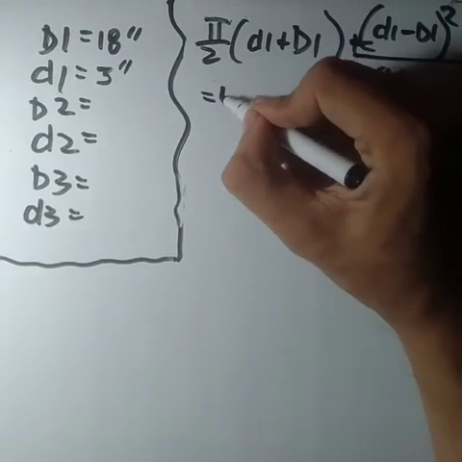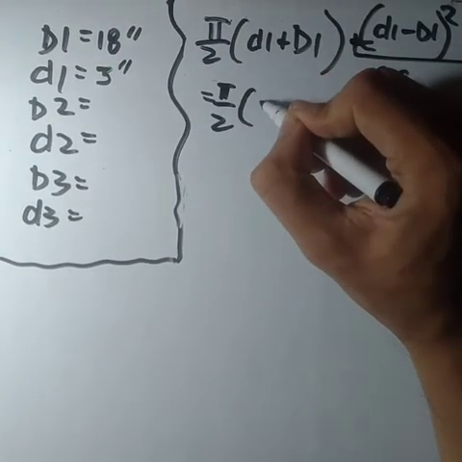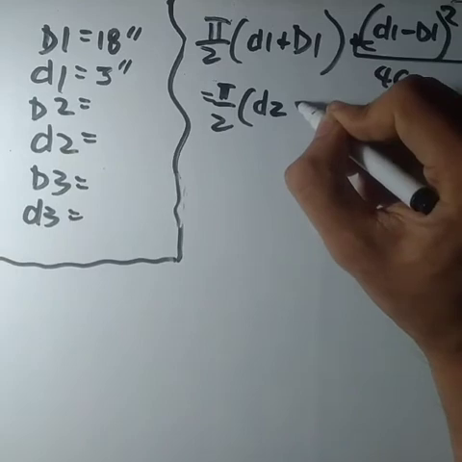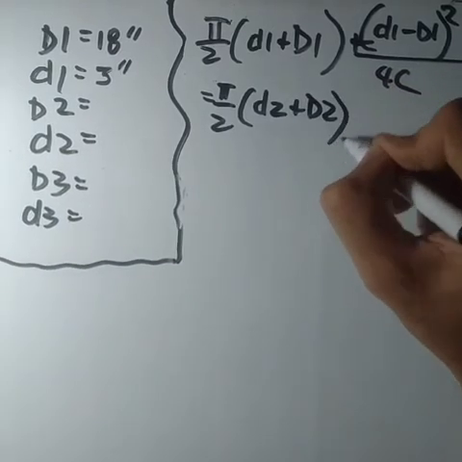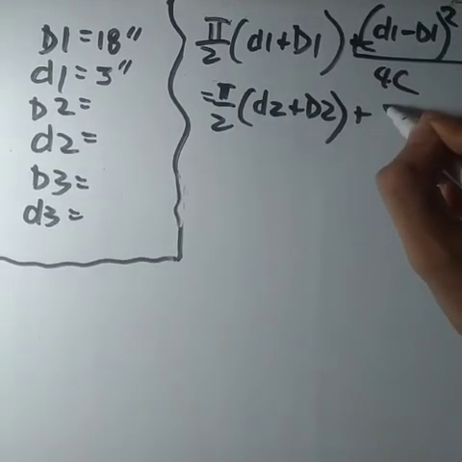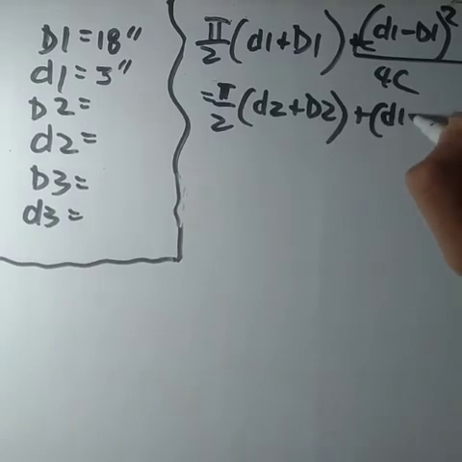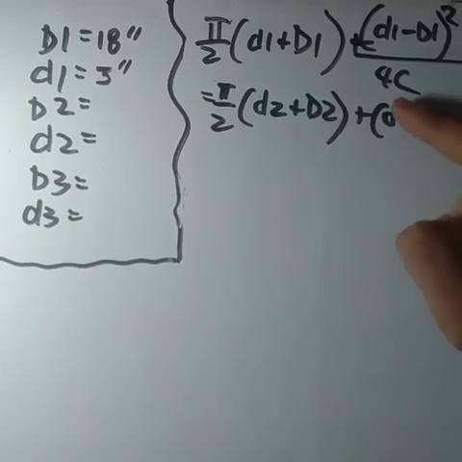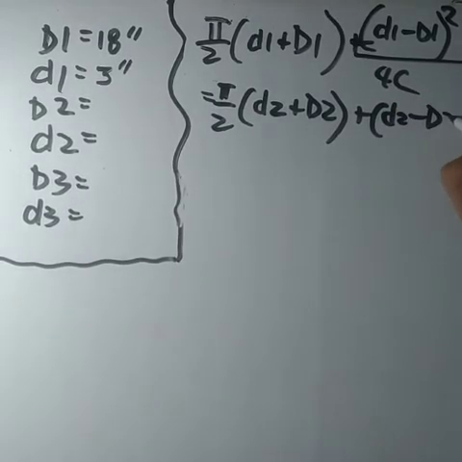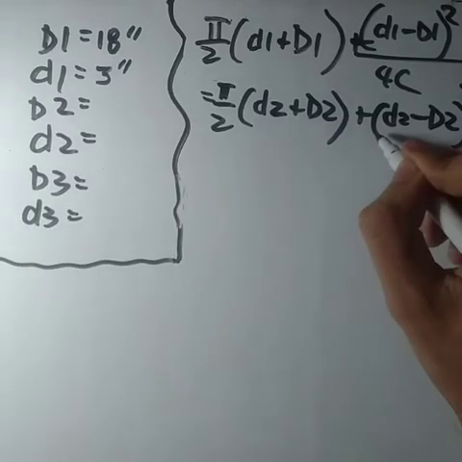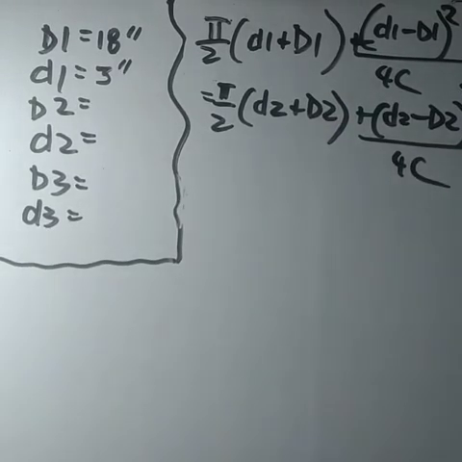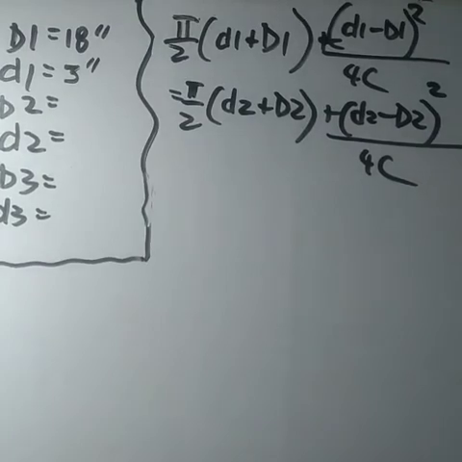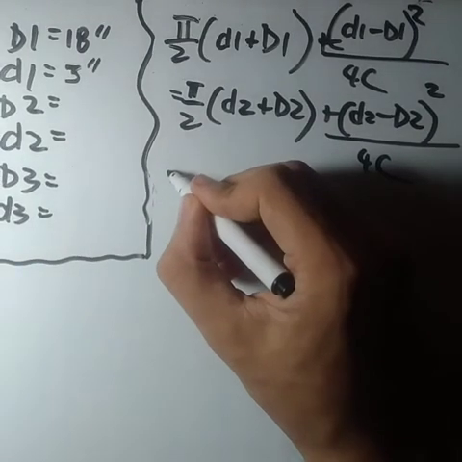That will be equivalent to pi over 2 times the driven 2's diameter plus the driver 2's diameter plus quantity of the difference squared over 4C. Okay, by substituting the values, we can get